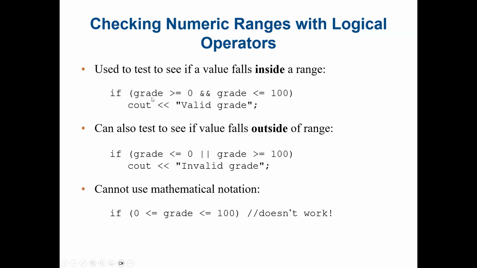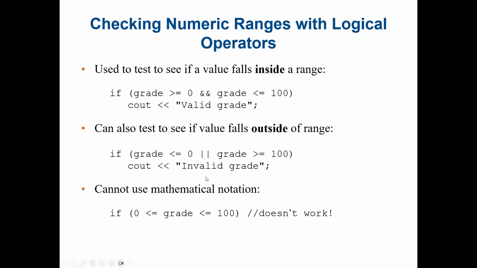So for example, if a grade is greater than or equal to 0 and the grade is less than or equal to 100, then we say it's a valid grade. So normally, let's say this is an exam score. We know exam scores should always be between 0 and 100. So this is valid. Now here we can also test to see if the value falls outside of